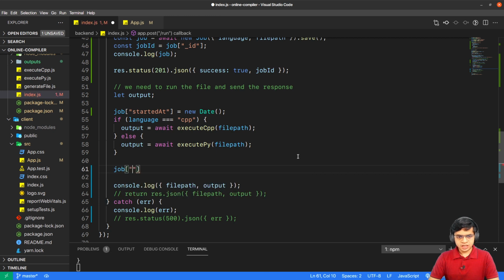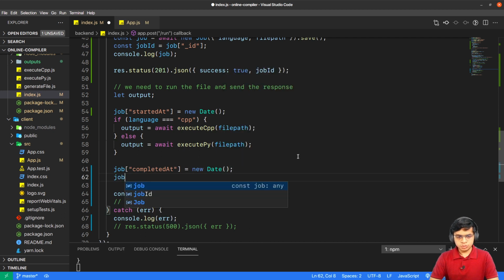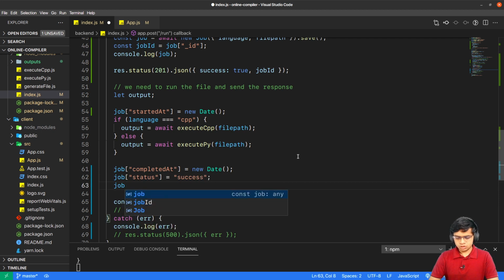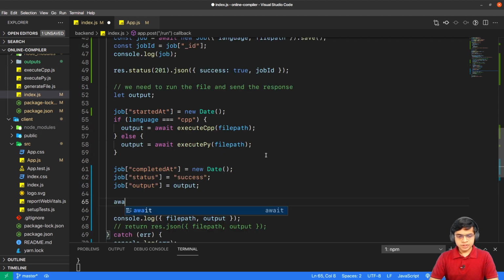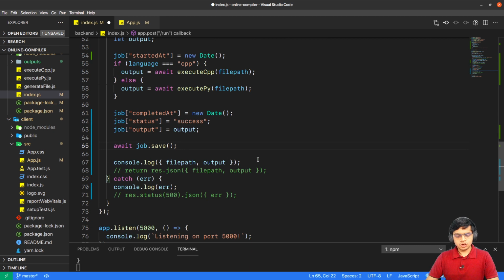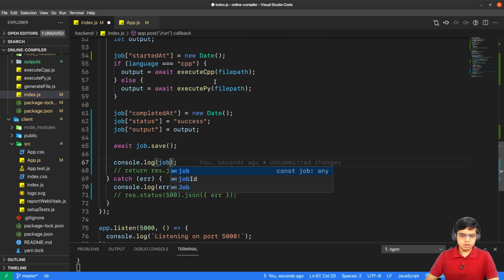So I'll just say that the job was completed at new Date, like the current date at this time. Job status is success, and job output is output. Yeah. Now I'll save this file. So I'll just do await job.save and just console log this job now because we have everything in job.